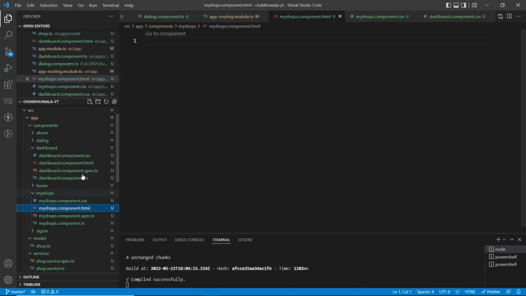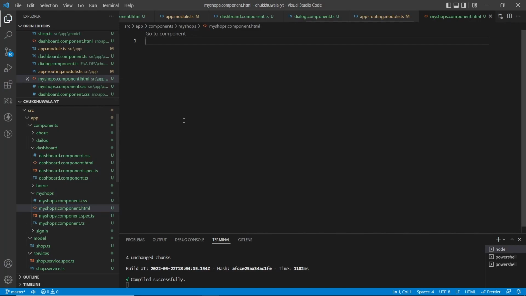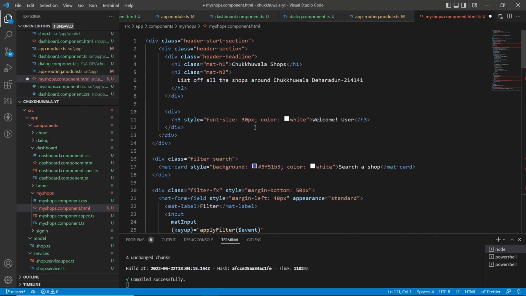Okay, so now we'll copy all of this and paste it in the HTML, because both the components are similar. So we just need to change some functionality. This will all be similar, and instead of Chukwala shops, I need to display my shops. I'll hit save,